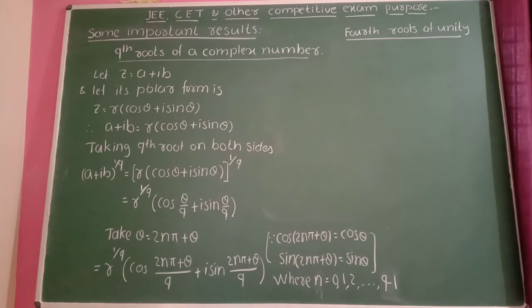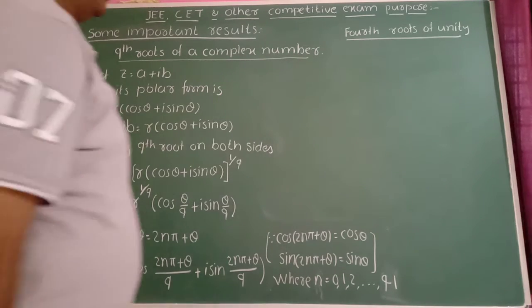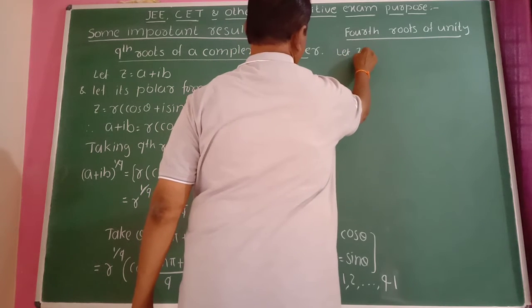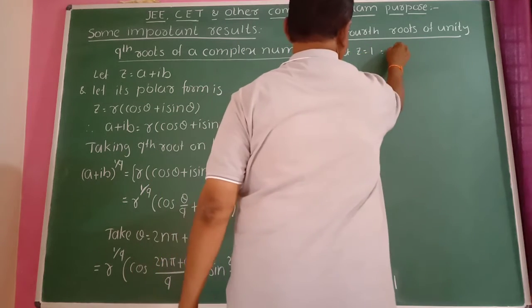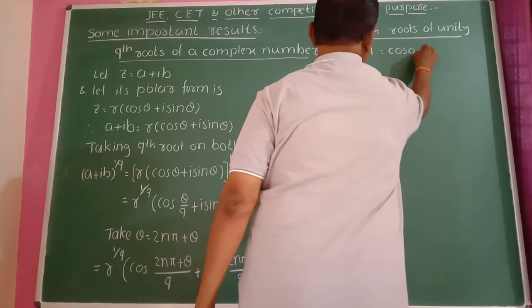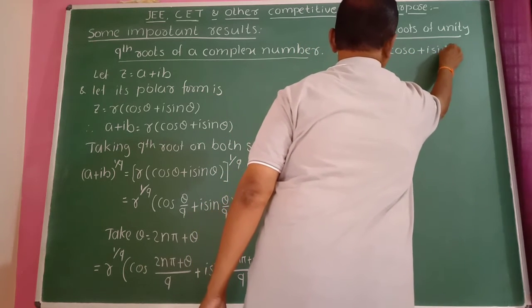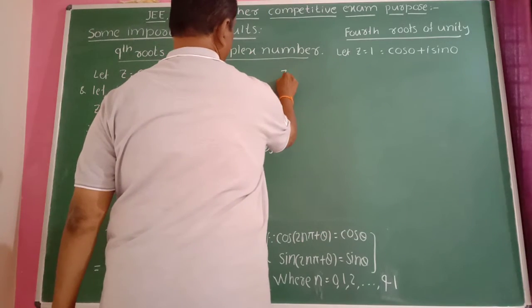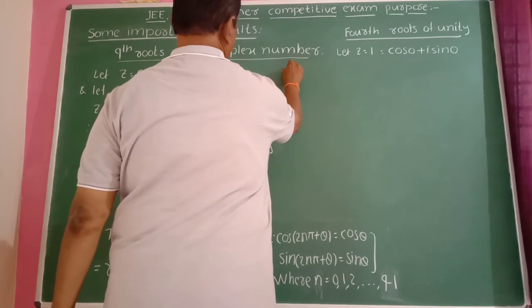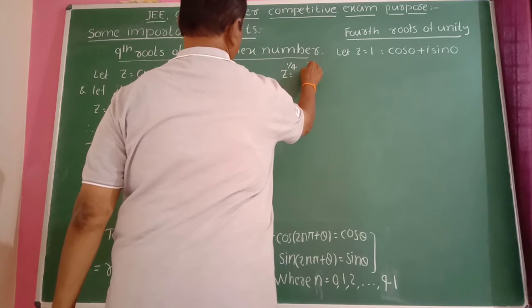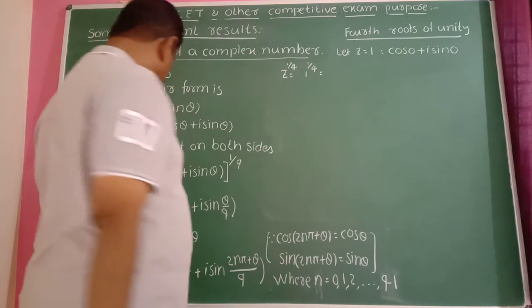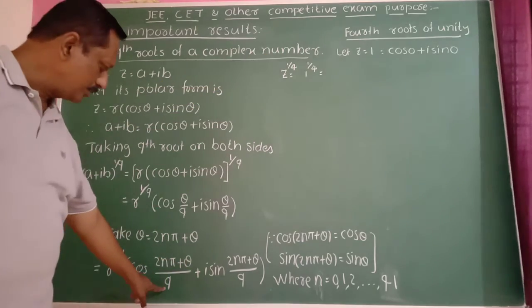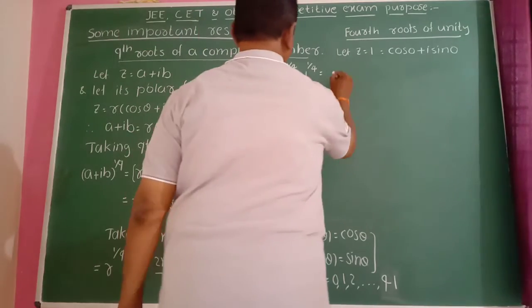Next, find the fourth roots of unity. Let z equal 1. In polar form, that is cos 0 plus i sin 0. We want the fourth root, therefore z raised to 1 by 4, 1 raised to 1 by 4, is equal to, using this formula, put theta value 0 here and the root index 4. Therefore cos of